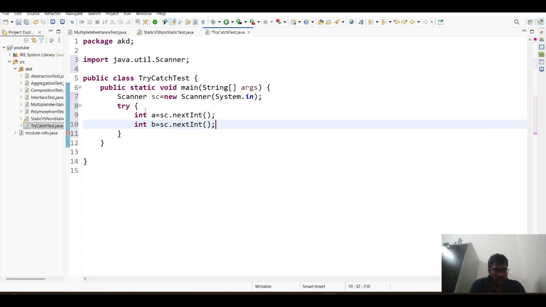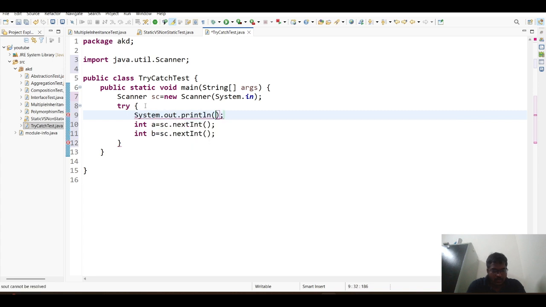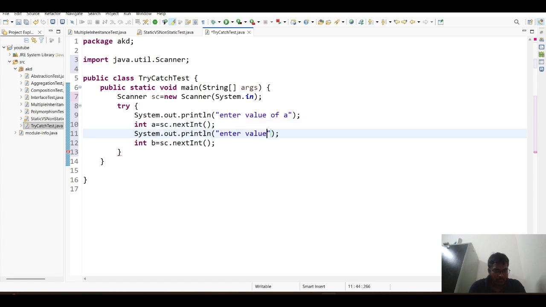For this we will write a simple message like, enter value of a. Then one more message we will write, enter value of b. Okay,